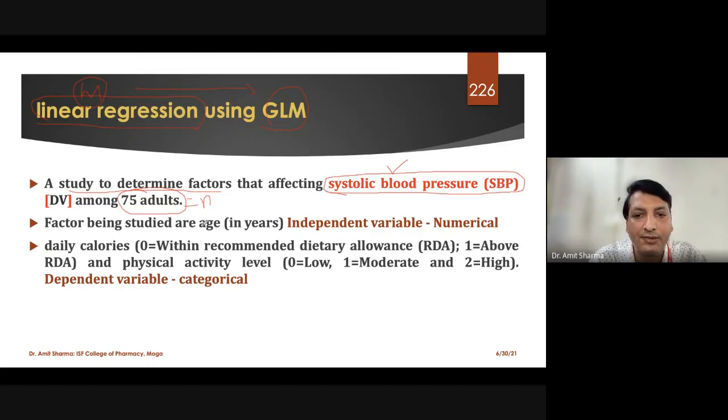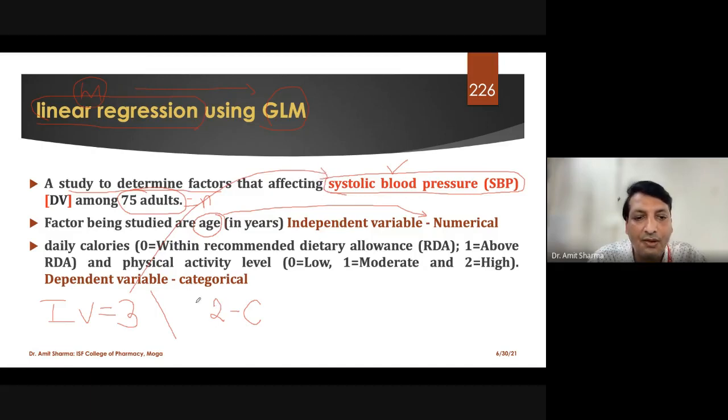Now what will the factors be? As I gave a little bit of introduction about the factor yesterday, one factor I'm taking is age. So age will be a numeric variable in our study, whereas I'm including two categorical variables also. So the total independent variables in our study will be 3, which are used to find out whether those variables are affecting the systolic blood pressure of the patient or not.